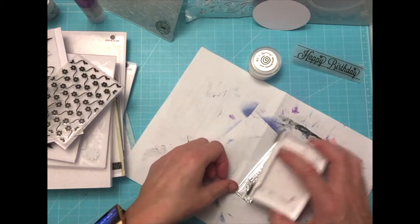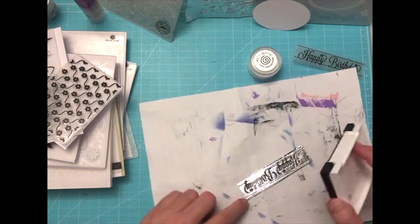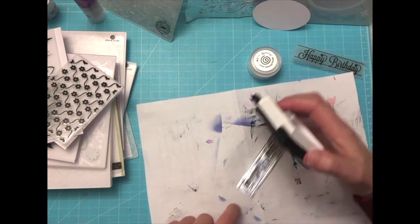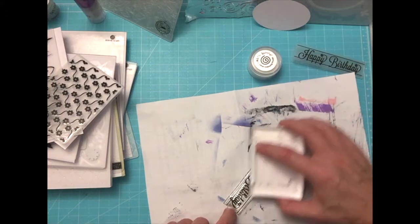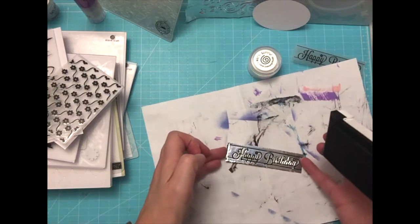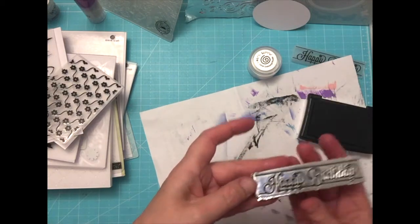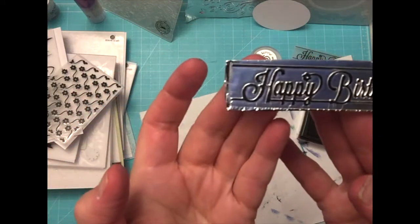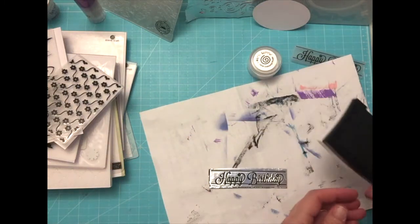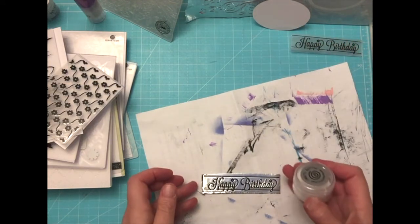And just see if we can swipe and get the happy birthday and the lines. Just lightly, very, very lightly. Oops, come back. See if we can get the H. And yeah, that's looking pretty good, isn't it? Yeah. And so then I will just sprinkle that with some